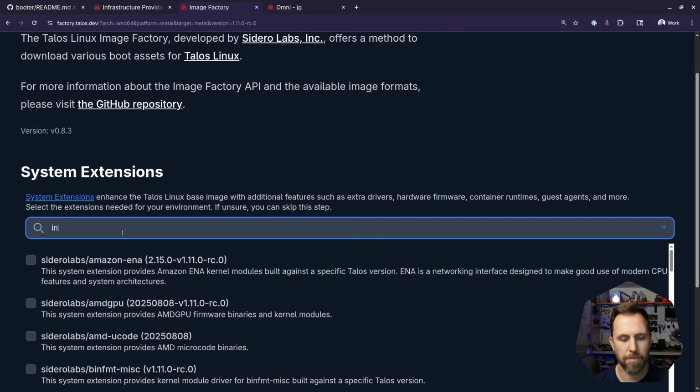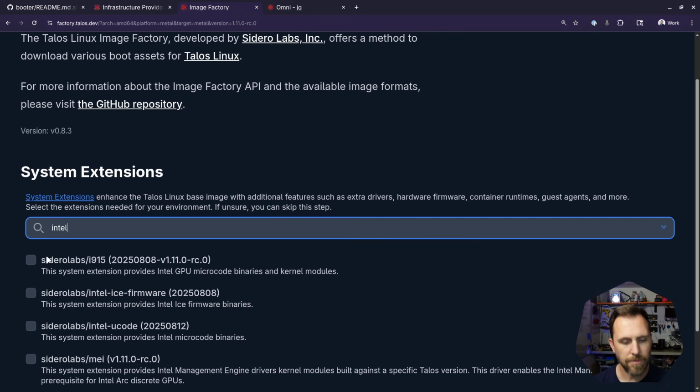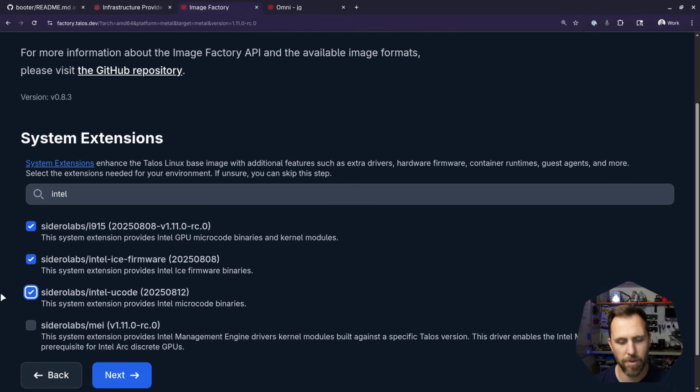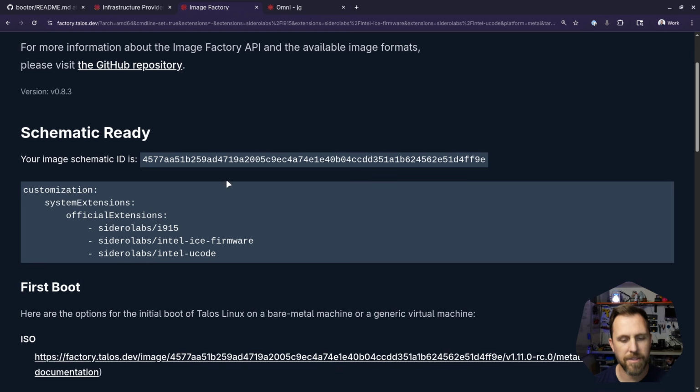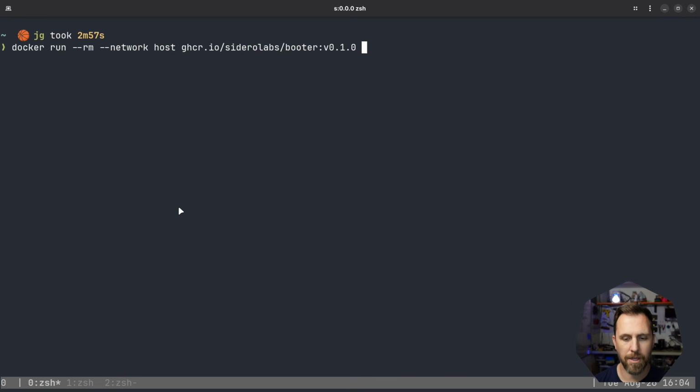We could pick some system extensions, whatever it is that we want. We could customize the console if we want. And then this gives us a schematic where we could download this ISO and we could use this for installations. But all of this stuff, all these customizations are actually available in Booter as well. So if I go back to the command line here and look at Booter, I can go Talos version, and I can use whatever is available from the image factory. So that was v1.11